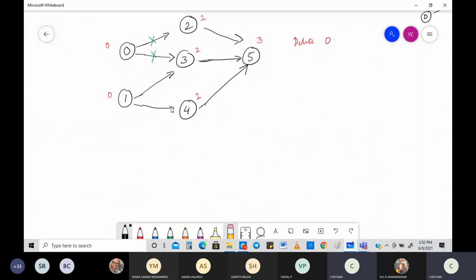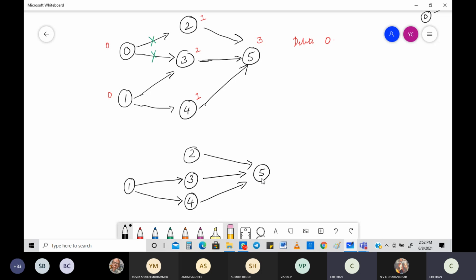Now again this will be deleted, so what will be remaining? You are going to get only 2, 3 and 4, and of course there will be 1. Where did I write 1? Yeah, here, right? So from 1, 3 it is going through like this, and of course 4. Be careful with the edges that are deleted. From 5 it's going like this. From 2 also it's coming like this. From 4 also it's coming like this. Is that the end? Be careful. This entire thing is deleted, so only these things remain.